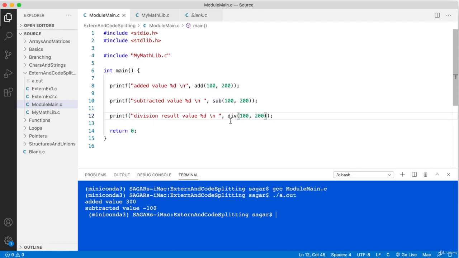I'll put div, 100 divided by 200. Anyway, you will get 0 because 100 divided by 200, both are integers, so integer by integer is integer and you'll get 0. For that, I'll just change the values to 200 and 100. So it will be 2, right? Let's compile and see what the outcome is.